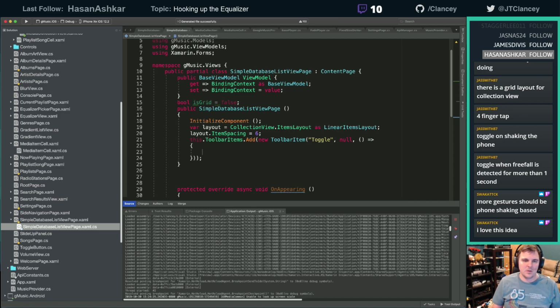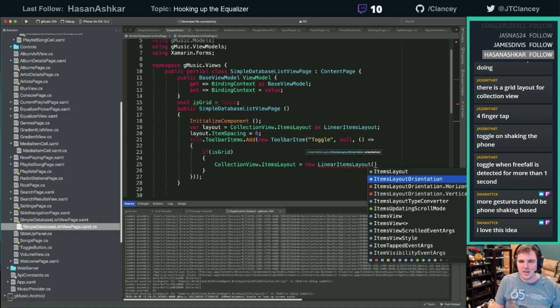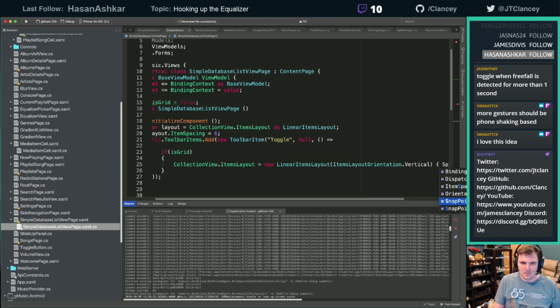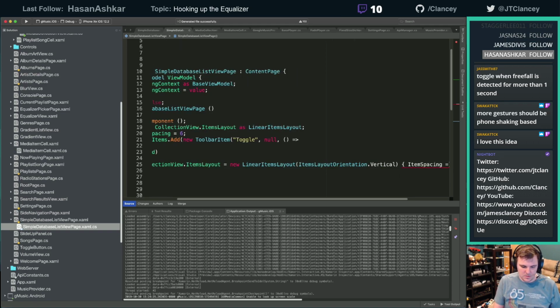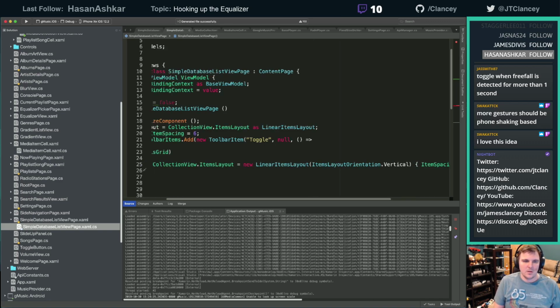So now if is grid, collection view dot items layout equals new linear items layout, orientation vertical, and then spacing equals 6. Else,